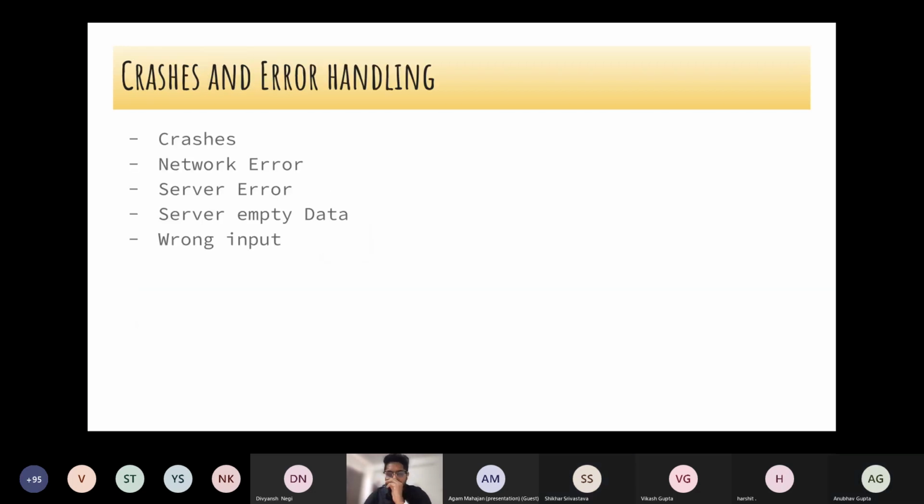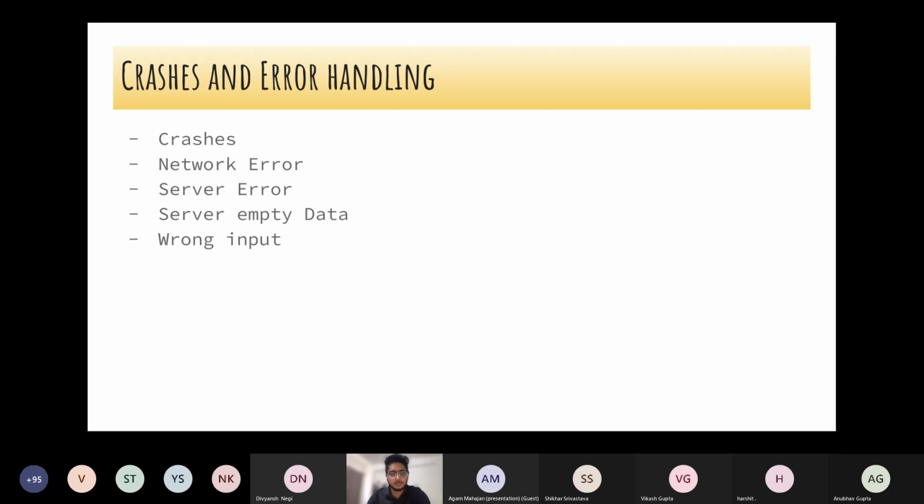Moving on. I see a lot of the time, developers don't do these kinds of things. They'll just build the happy cases and then give the build to release or to QA. A lot of the time the feedback comes that you have not handled the edge cases or the error cases or crashes. So crashes are P0. If you want to think your feature or your app is successful, you should have zero crashes, or very minimal crashes.